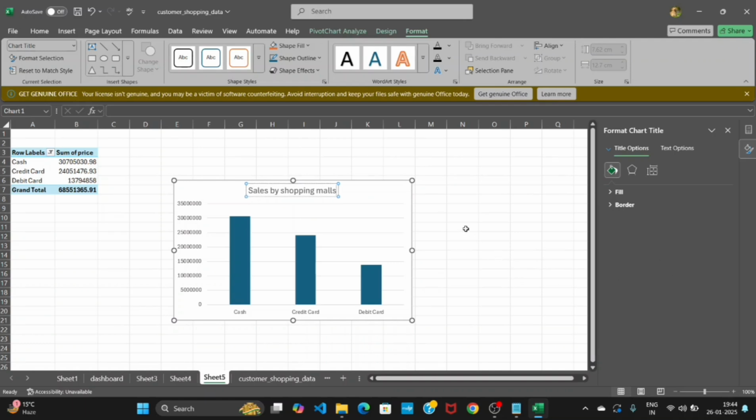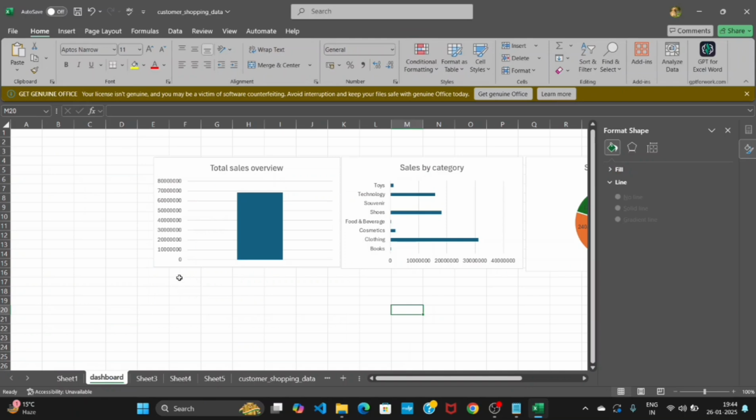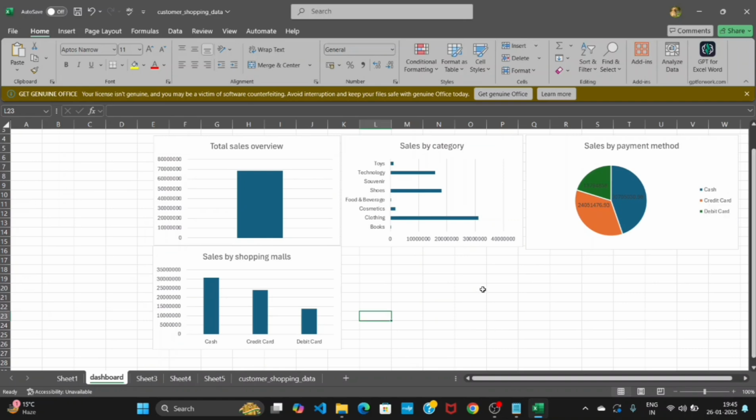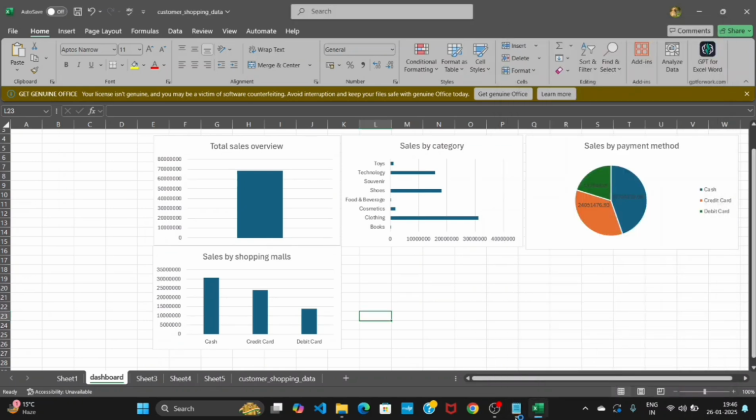So now what we have to do is copy this, Ctrl+C, and go to the dashboard and paste it here, Ctrl+V. The next chart we will create is top products sold by quantity, to identify which product categories are selling most